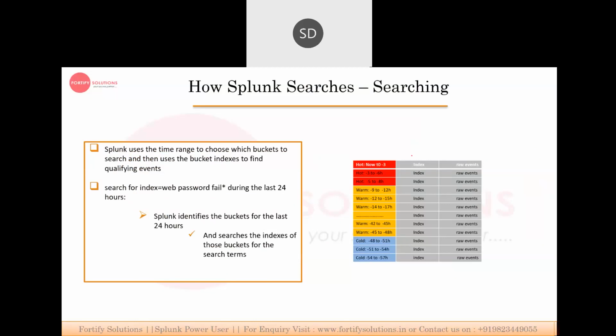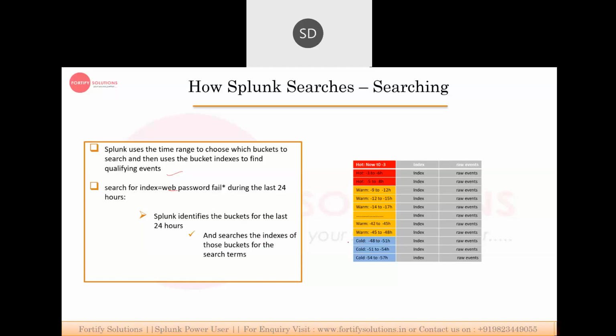Splunk uses a time range to choose which bucket to search, then uses the indexes to find the qualifying events, right? Let's suppose the search is web password failed during the last 24 hours. Splunk will identify the buckets for the last 24 hours and search the indexes of those buckets for the search terms.